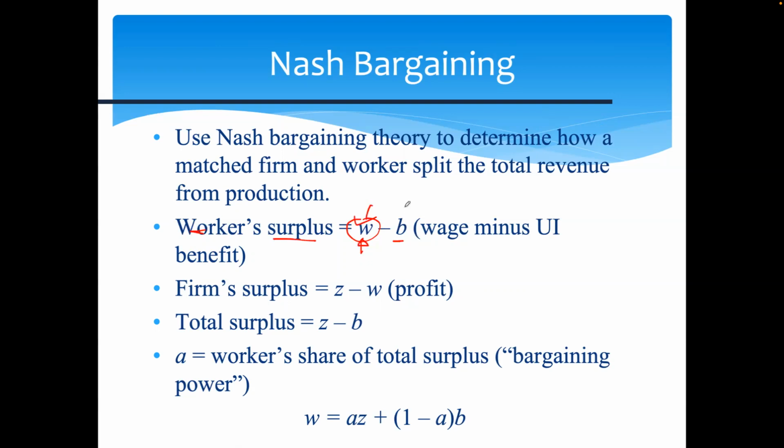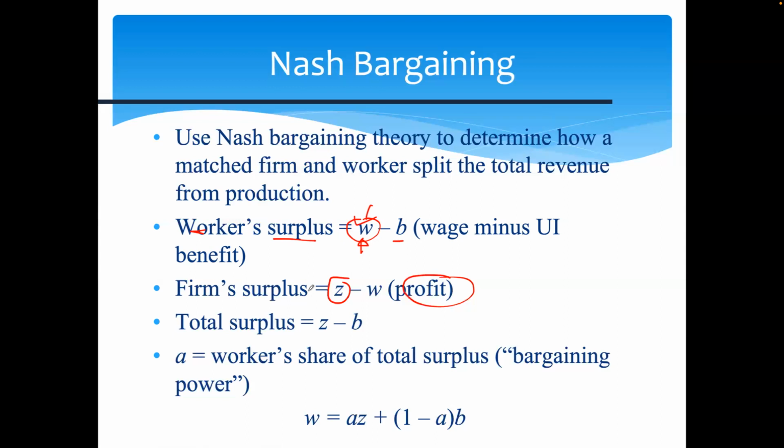Otherwise, no one is going to go out looking for a job, right? So the extra value for the worker, if I decide to go looking for a job, is W minus B. Now let's see what this means for the firm. The firm is going to produce Z and pay a wage, so this is their profit. And clearly the total surplus, or the total gain for worker and firm, if they decide to search,